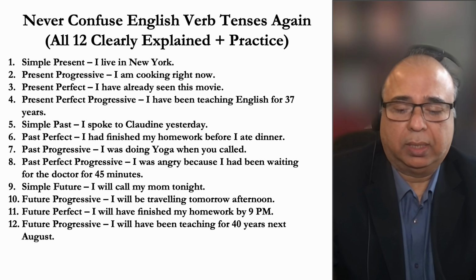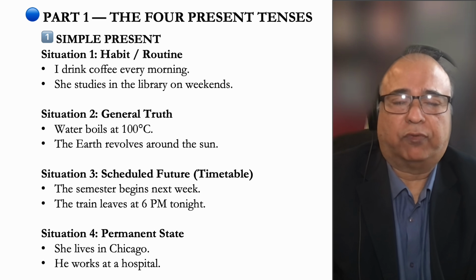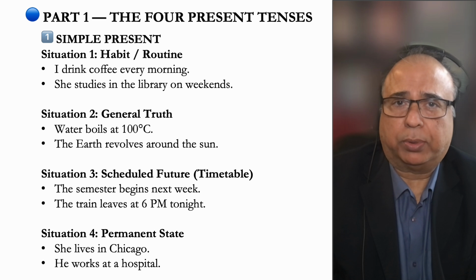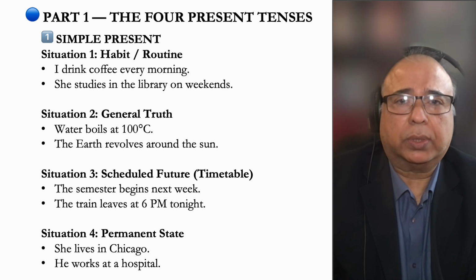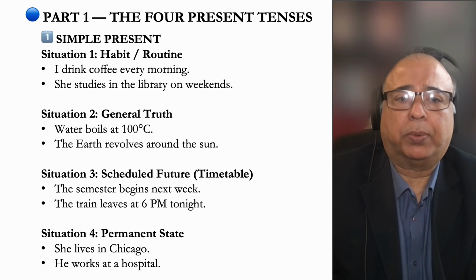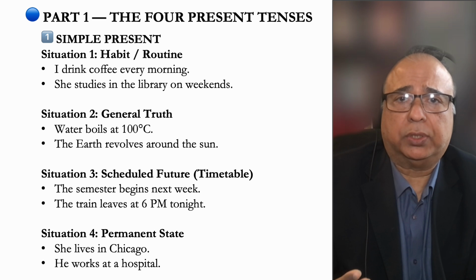Okay. So, the four present tenses: simple present, present progressive, also called present continuous, present perfect, and present perfect progressive. Let's learn each one of them one at a time. First, simple present. Simple present is used to express a habit or a routine, something that we do on a